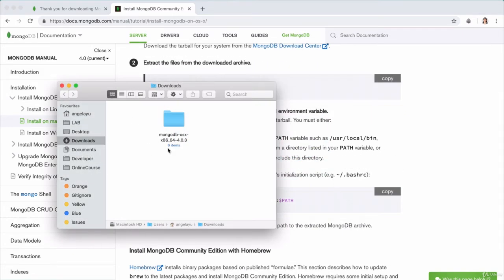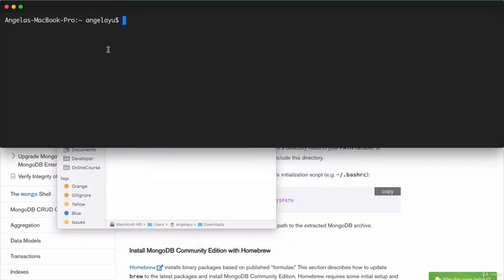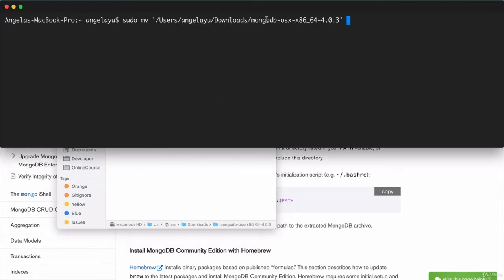All right, so now that we've extracted the files, we're going to open up a new terminal using Hyper, and then we're going to type sudo mv. And we're going to use this command to move our existing file currently inside our downloads folder to a location that will be in the root of our computer so that all users will be able to access it. So we're going to specify what it is that we want to move first, and then we're going to add a space, and then we're going to specify where we want to move it. And the location is going to be /usr/local